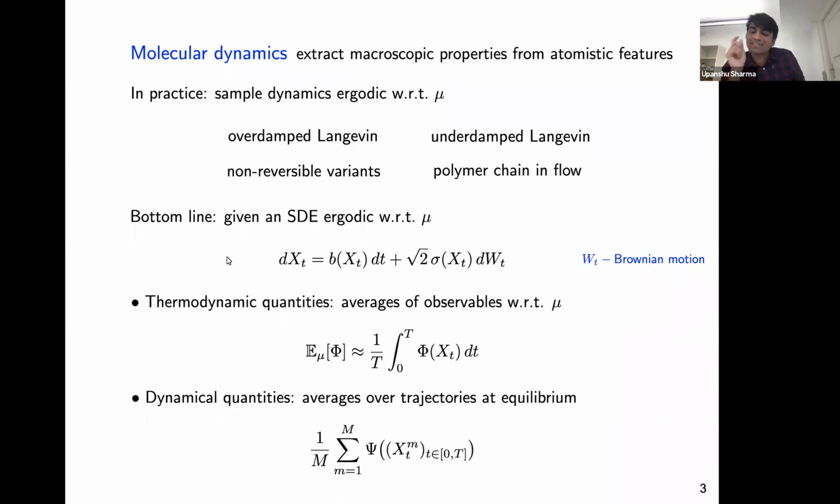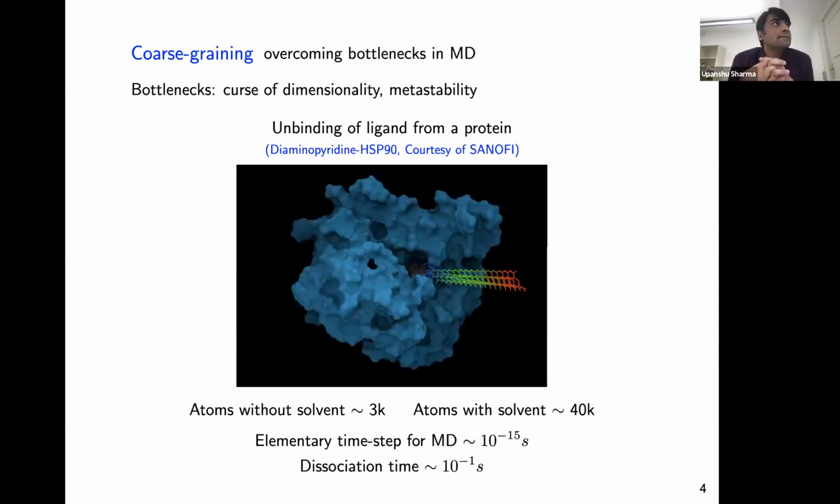There was a keyword, coarse-graining, in my title, and now I'll talk about coarse-graining and why it is such a relevant thing in the context of MD. Coarse-graining is a name which popped up more on the simulation side of MD, where they want to reduce the complexity of the system. You can imagine that typical systems are extremely large, very high dimensional. So just to give you an example of the scales that you're looking at,